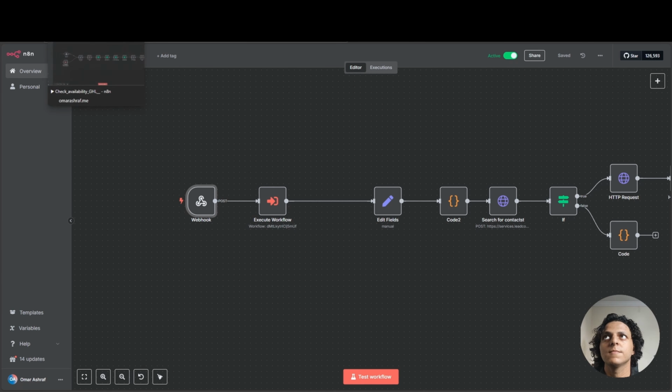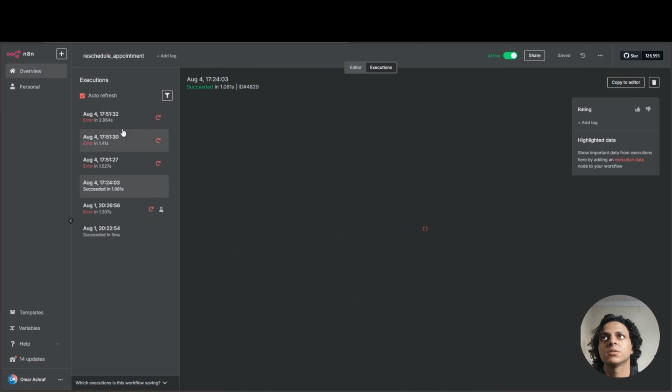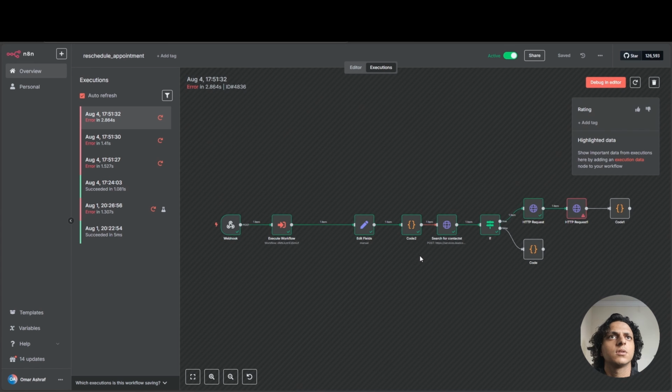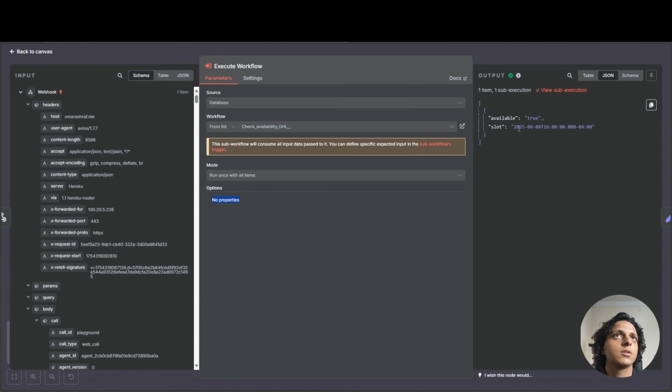And the two results came, and it did send the phone number and the date and the time, but it didn't work, as we expected, because we just want to see the data before we use it. So it's this one, the last one. And if you check here, you're going to find it did call the check availability function and did return it's available, and did try to reschedule the appointment,